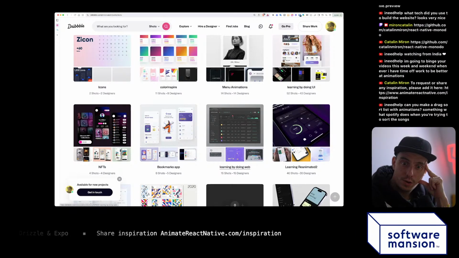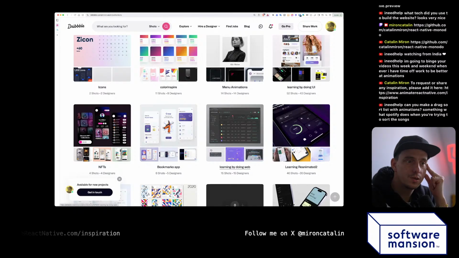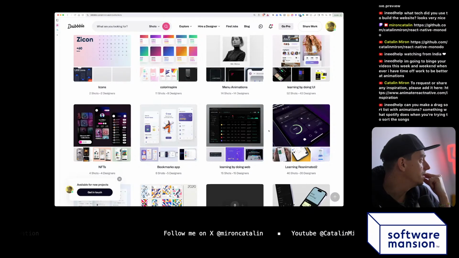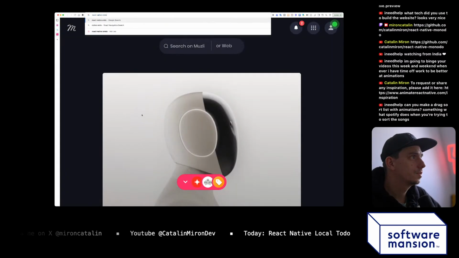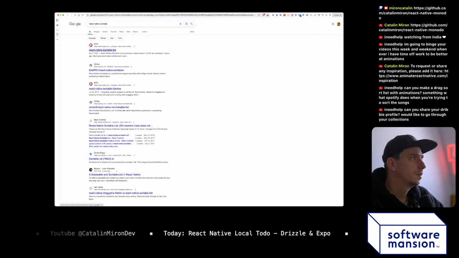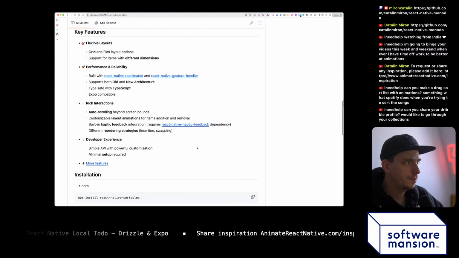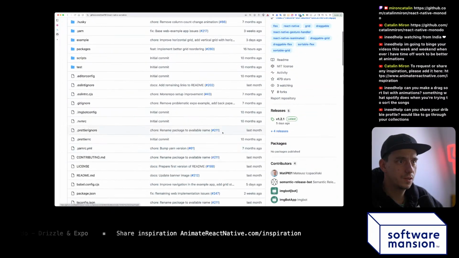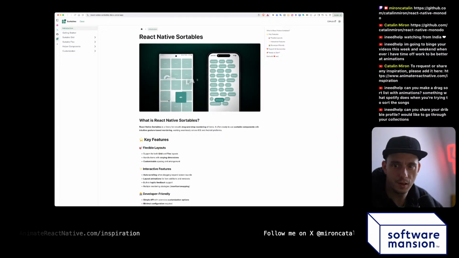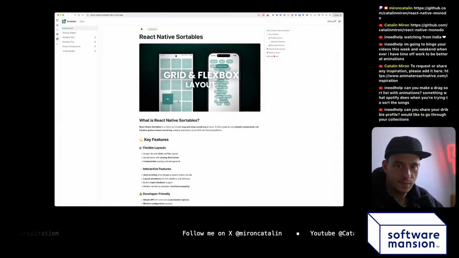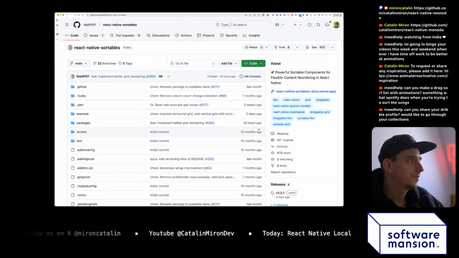Can you make a drag sort list with animation? Something what Spotify does when you're trying to sort the songs. I think there is a really nice library nowadays, React Native Sortable or something like that. Maybe is this one, Sortables? Yeah, I believe it's this one. So you should definitely check this out. I don't need to recreate it, you know? If you already have something, why do I need to recreate it? There is no point in redoing it. Anyway,